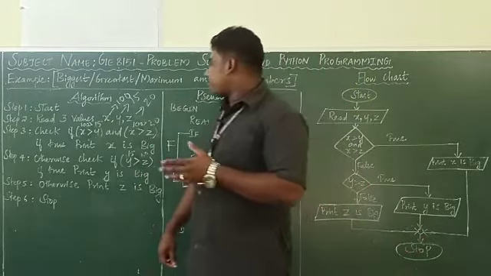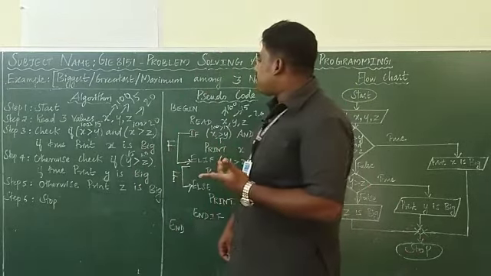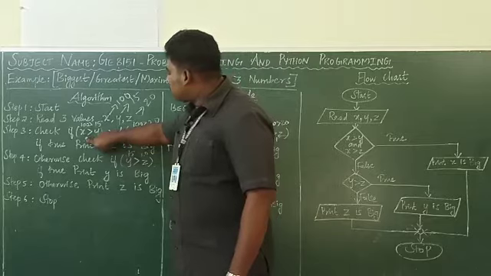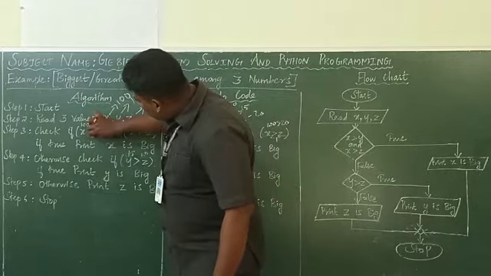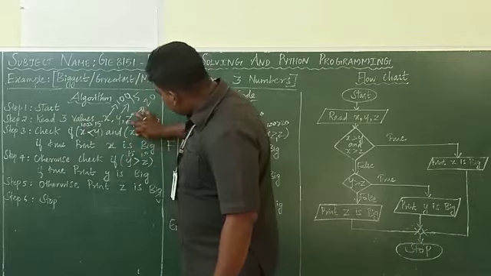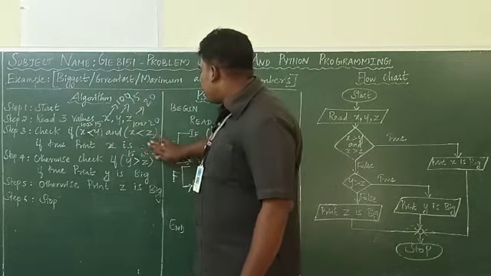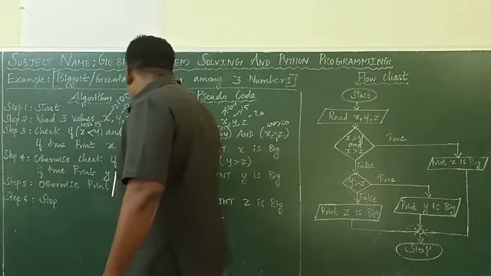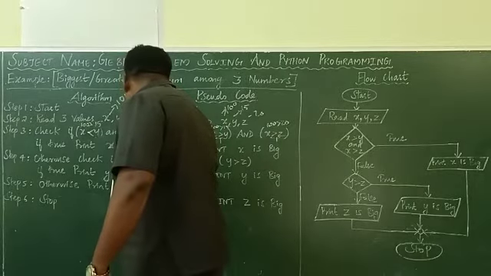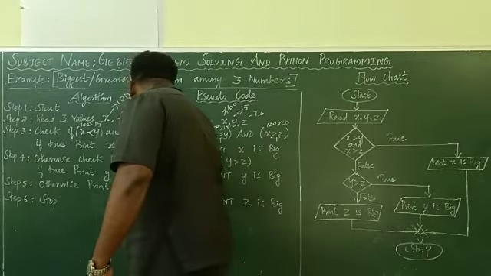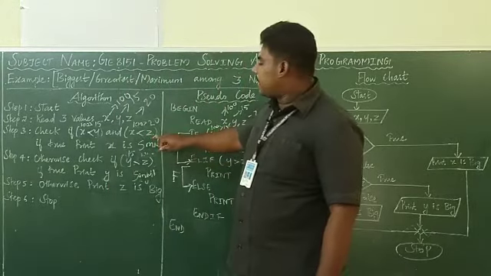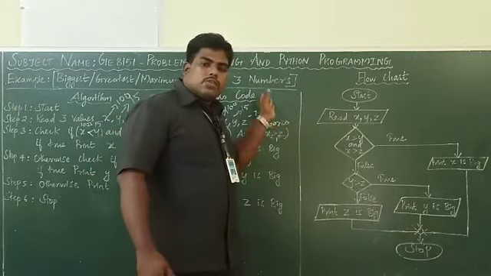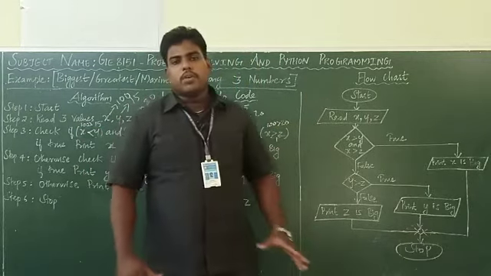The same question, sometimes they will ask for the smallest among 3 numbers. For smallest among 3 numbers, if they ask means, just change the sign into less than symbol. Instead of greater, we are checking whether it is small or not. Instead of checking whether it is biggest, you have to check with the smallest symbol. The same modification you have to do for the pseudocode as well as flowchart. I hope you understand these things.